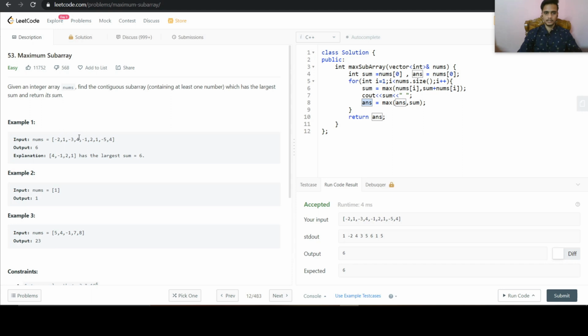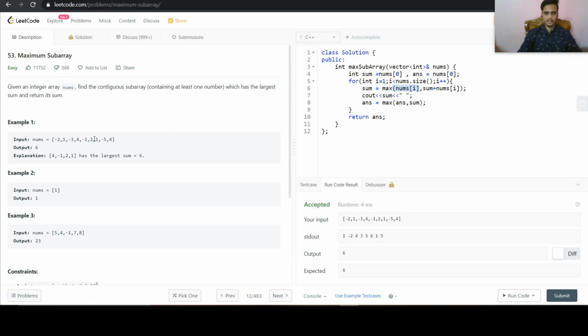Now the current best answer is 4. Also for the next value, 4 plus minus 1 is equal to 3, and we have nums of i equal to minus 1. So the better solution is 3 rather than minus 1. So the sum becomes 3, and the current best solution was 4, so answer will remain 4.